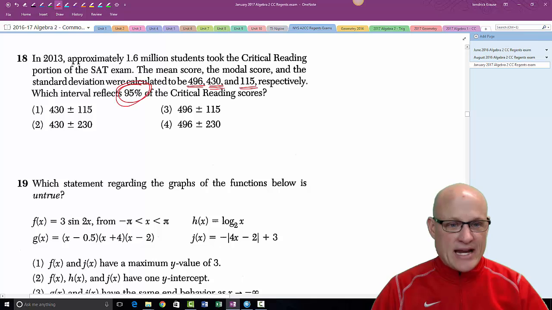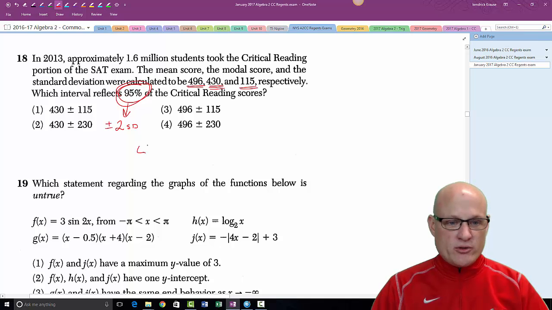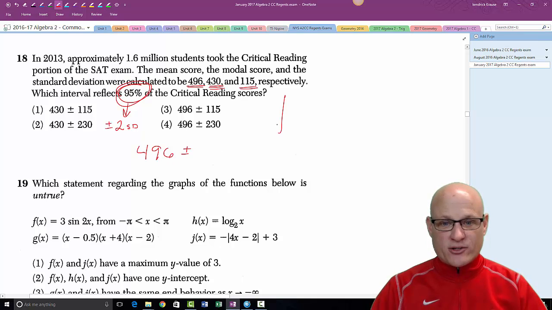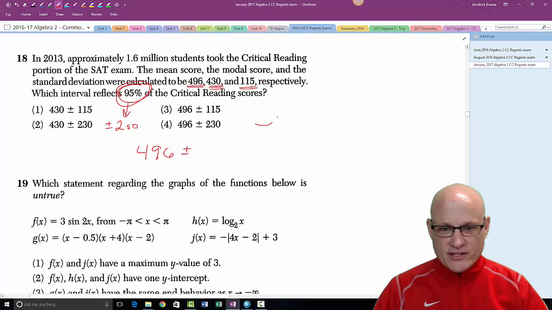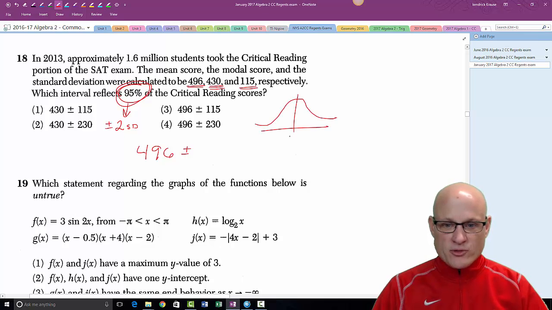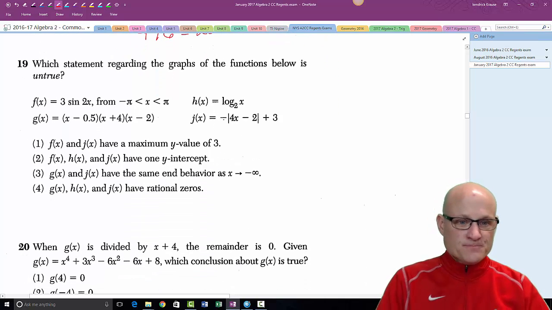Which score represents a 95% confidence interval for critical reading score? So what we want with this is 95. We've got to say that's plus or minus 2 standard deviations. So what we do is we take the 496 and we plus or minus. So it's always the mean, right? If you go back to your standard normal curve, isn't this normal? Well, the SATs are definitely normal distribution. So there's your mean score and plus or minus 2 standard deviations. So I have to add 2 of these. Well, 2 of those would be 230. And that's all there was to that problem. Plus or minus 2 standard deviations.